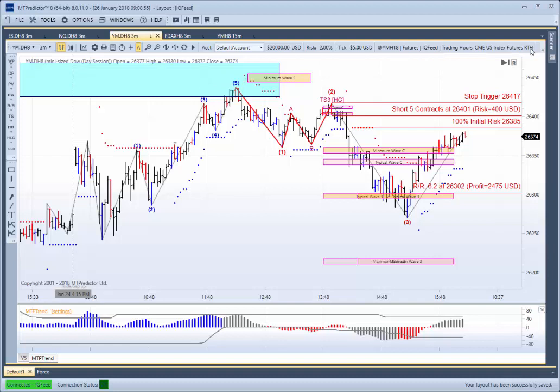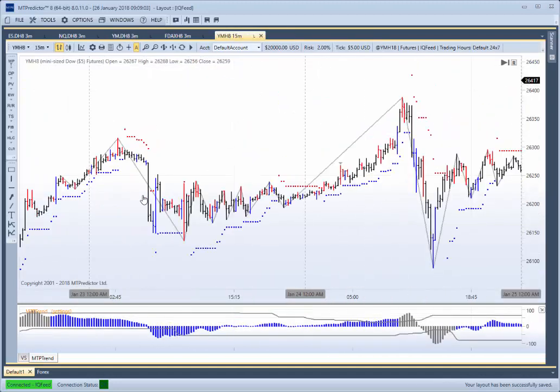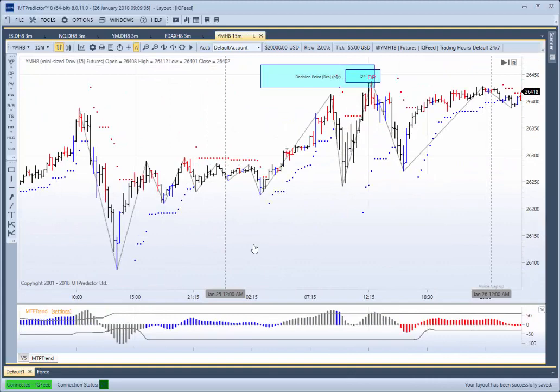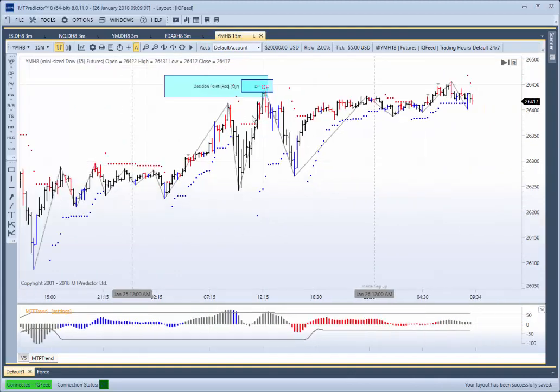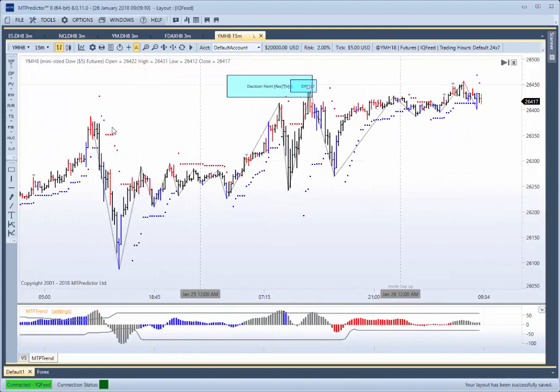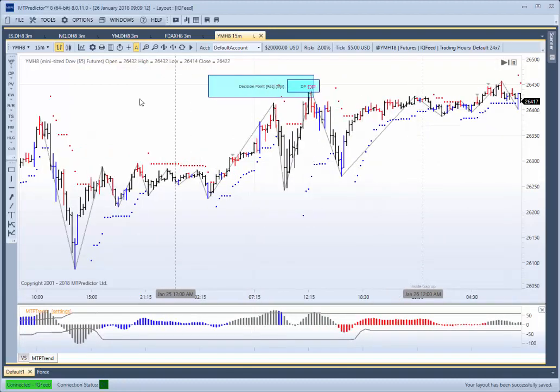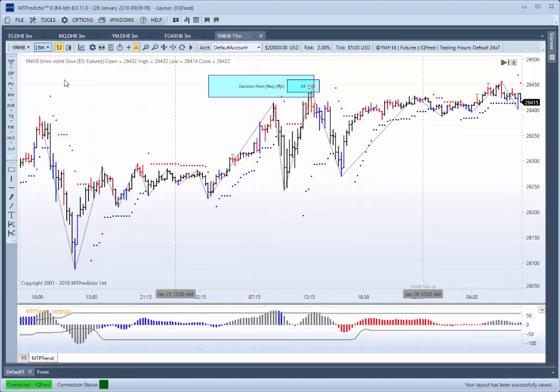This was the regular trading hours chart, where we look to trade between 9:30 and 16:15 New York time. If I go to the 24-hour chart, it was also great resistance on that. There's a couple of DP resistance areas, one from this high and one from this high, nailing the high of the day yesterday. And if I go down to the 3-minute chart as well,